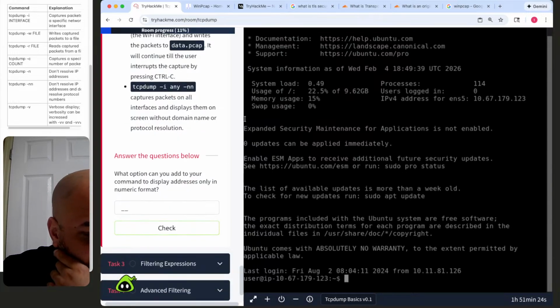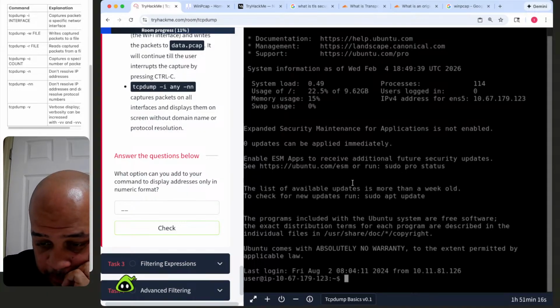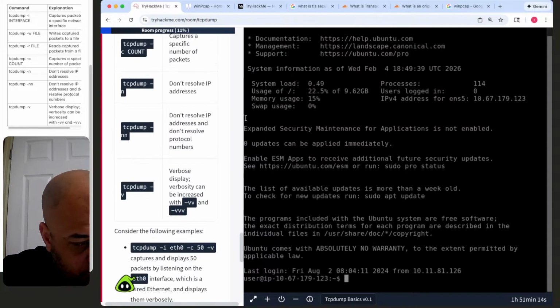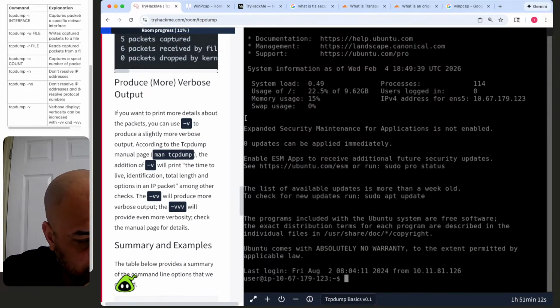What option can you add to your command to display addresses only in a numeric format? So if we want addresses only,